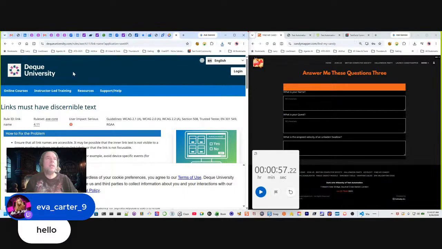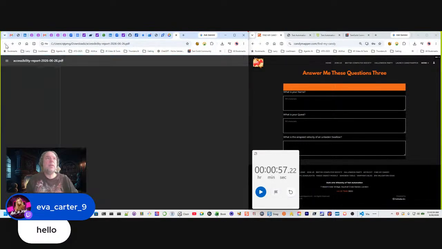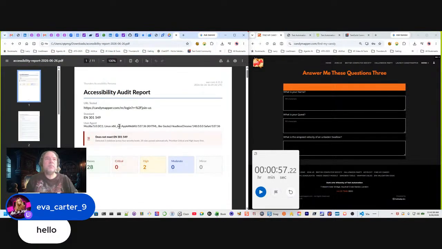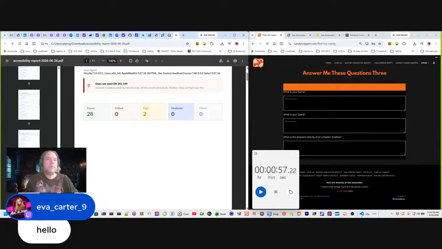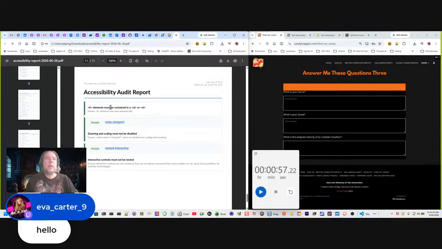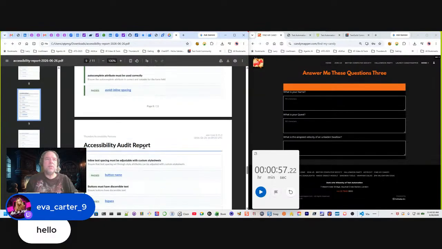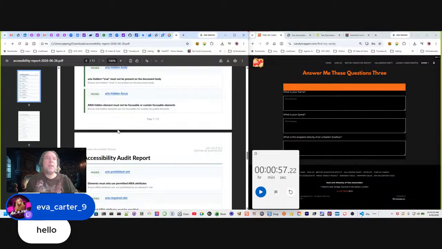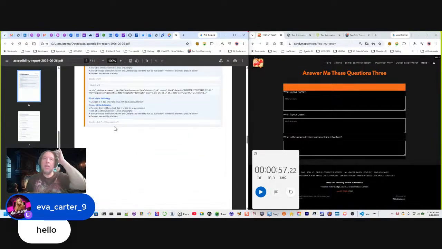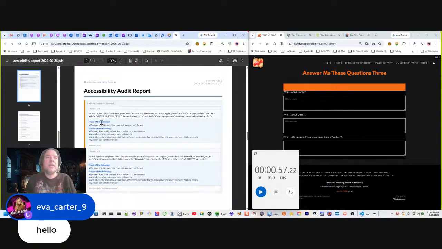Dubuque University? How to accept links must have this. Okay, that took me to... Okay, elements contain also to meta view. Zooming and scaling must not be disabled. Okay, that passed. Okay, I got a bunch of other stuff that passes. Now this is cool. All right, pass, pass, pass, pass. So it actually lists all the other things that it passed, and it tells me exactly what